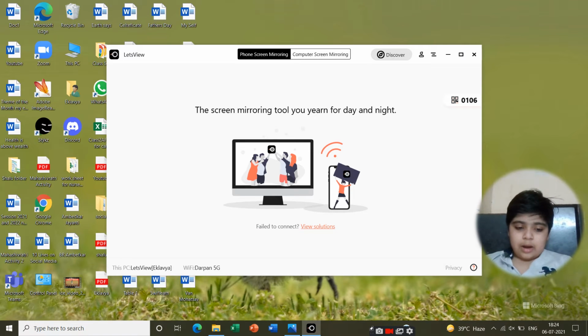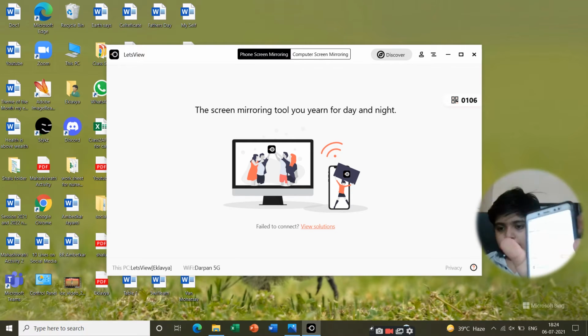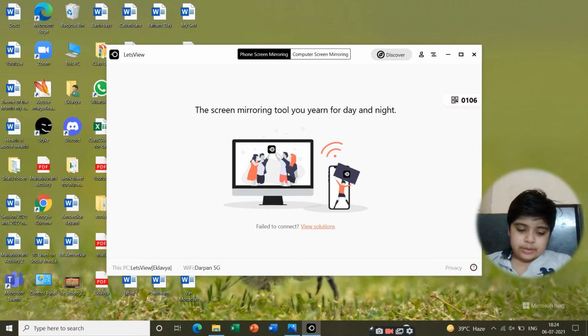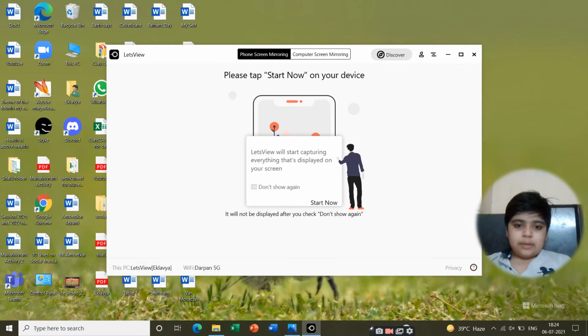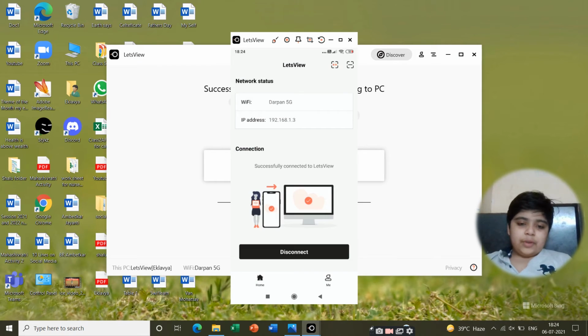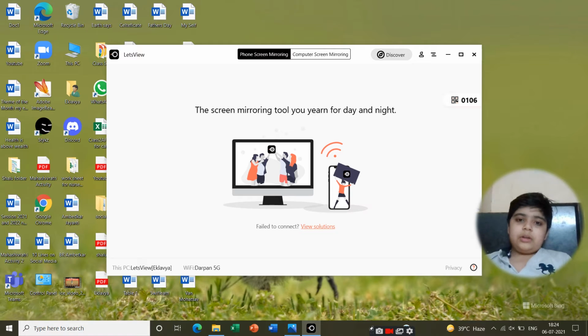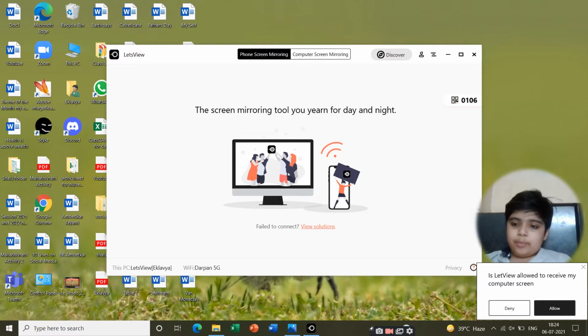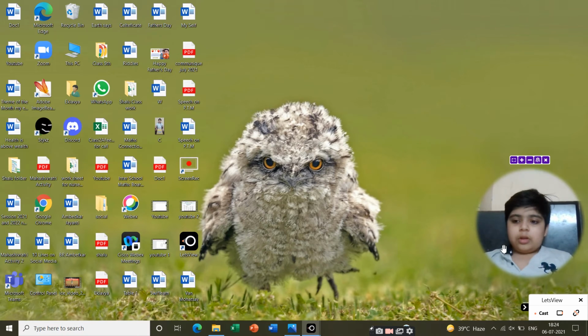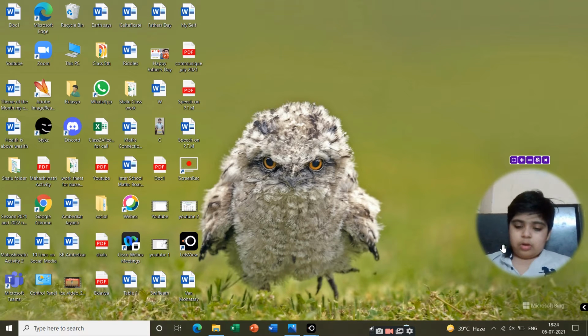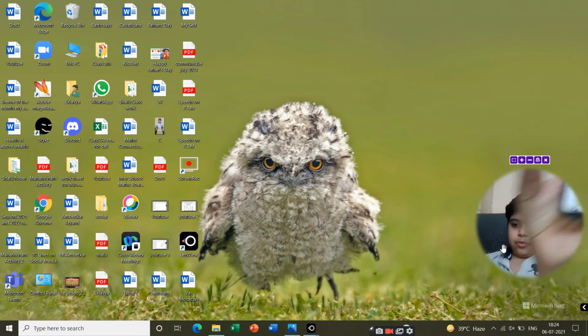And guys, I will tell you again how to do it. First, when we open the app, the interface would be like this. Then I will go to phone screen mirroring. Start now. The interface would be like this. Redirect and your ID will come. But we have to connect to the same Wi-Fi. Now, if we want to do it from the laptop, we have to do the same, but now we have to do computer screen mirroring. Here we have to allow. Now guys, see, we can also draw. I will show you. This is my phone.